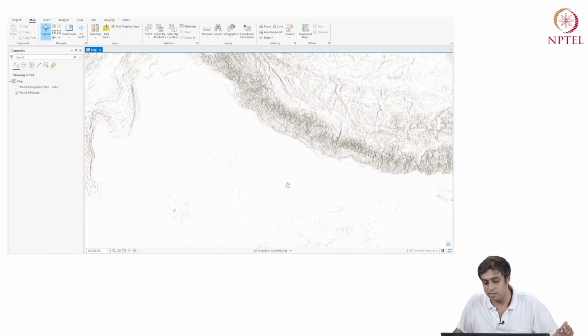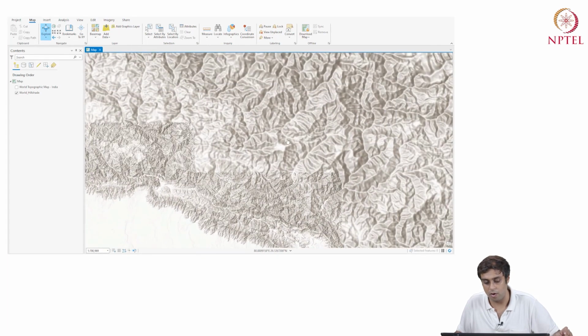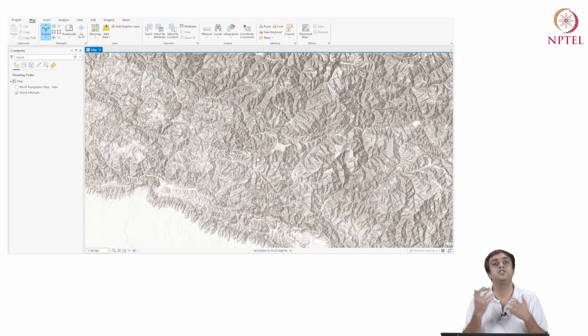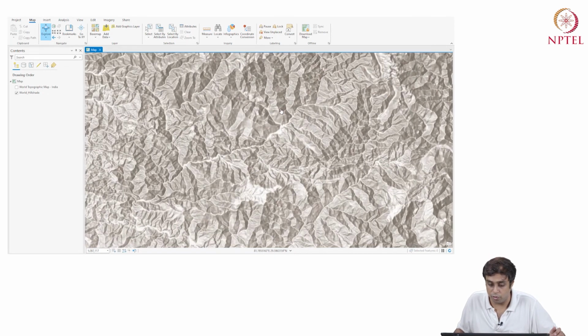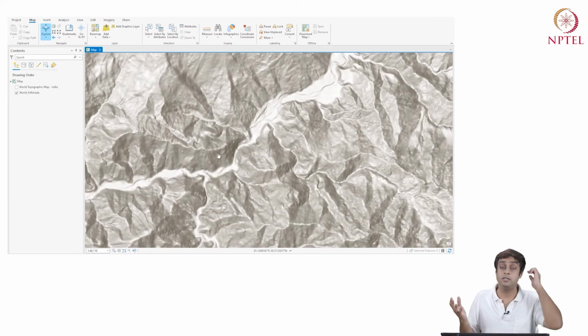So the plains are all white, and as we move from the plains upward into the Himalayan range, we have these darker colors providing a wonderful visualization of elevation, right?